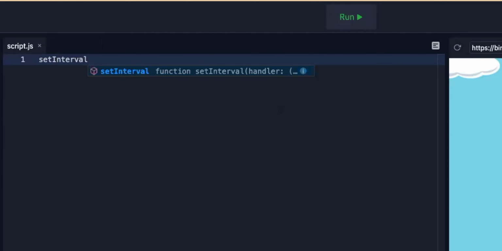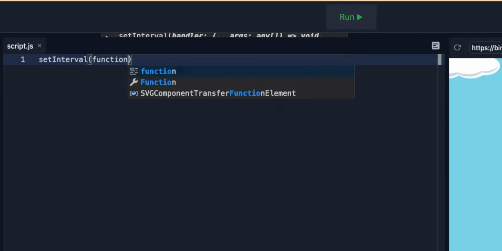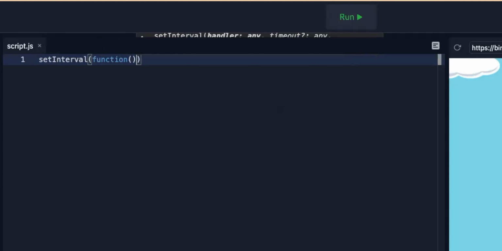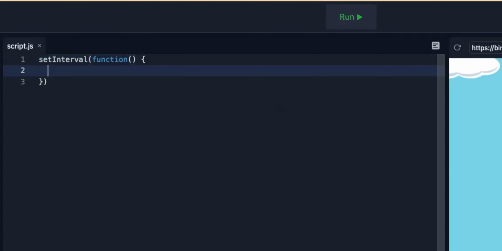And now that I have setInterval, I'm going to want to use the function keyword like that. And then don't forget your curly brackets like that. Now, when you're doing the setInterval, it's very easy to forget, but just always remember to put your semicolon at the end like that. So if your setInterval is not working and you can't figure out why, just always check